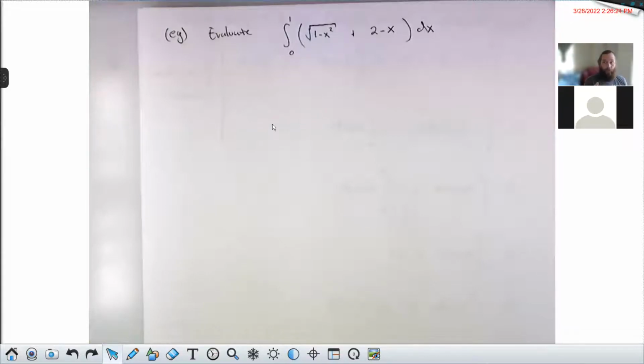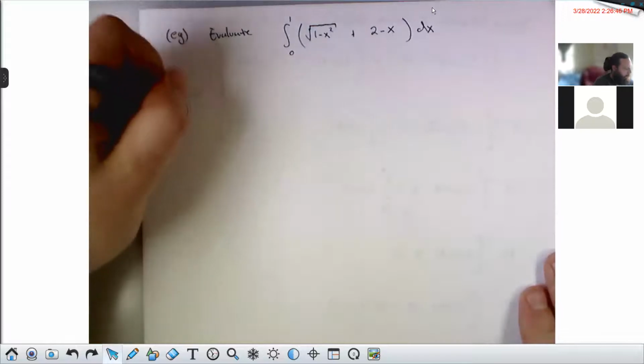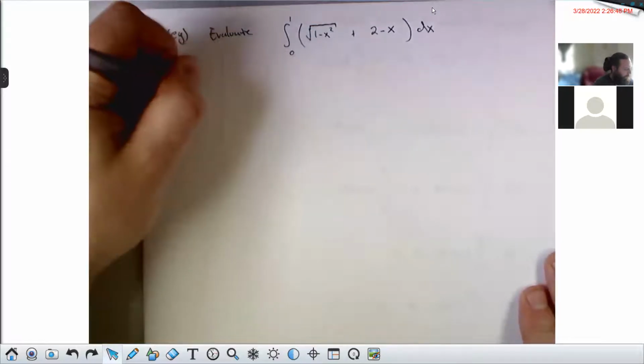There's a number of ways we could proceed. If you try and think of this whole thing as f of x, though, you're going to have a bit of a rough time. It's not a super nice function. I mean, it's plenty nice, but it's not something whose area we could discern readily using geometry. But if you split it up,